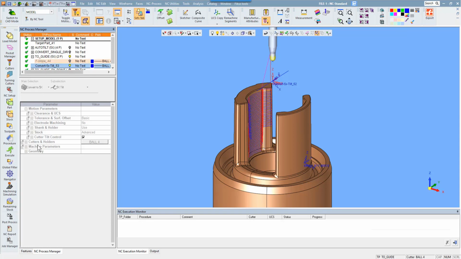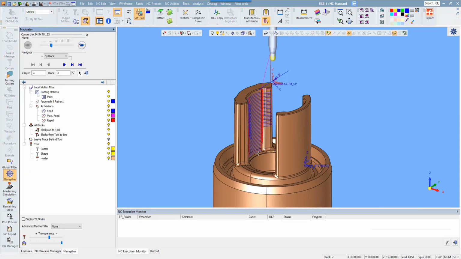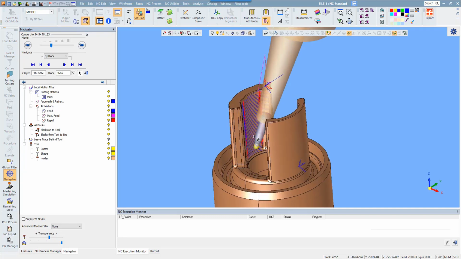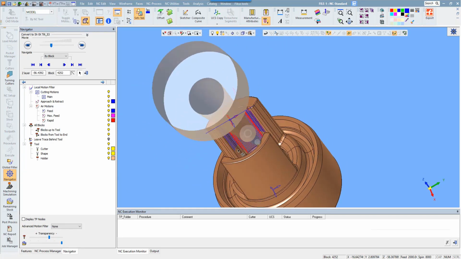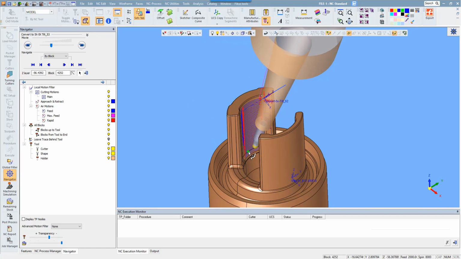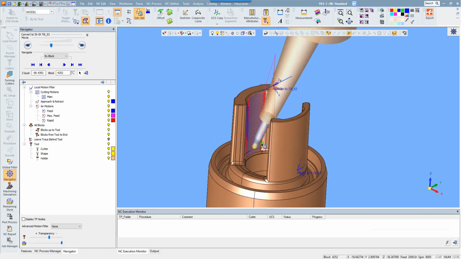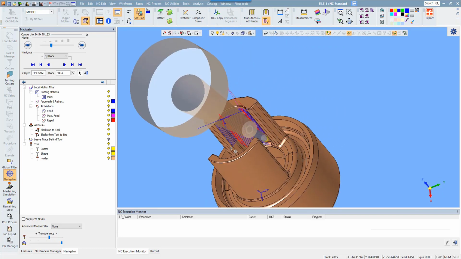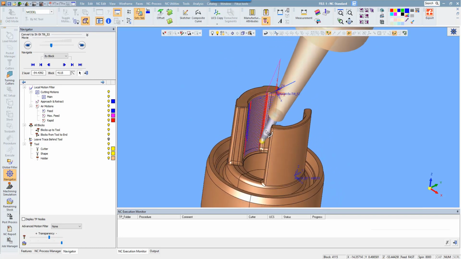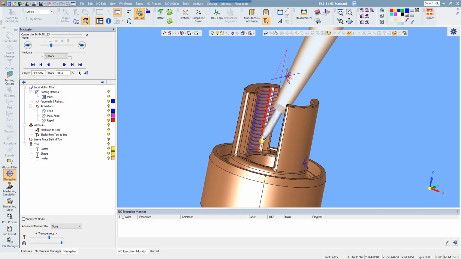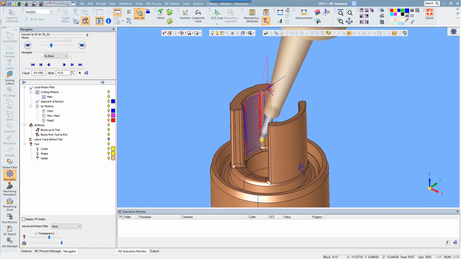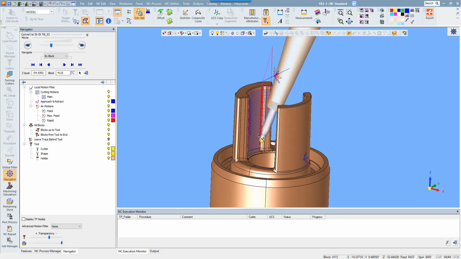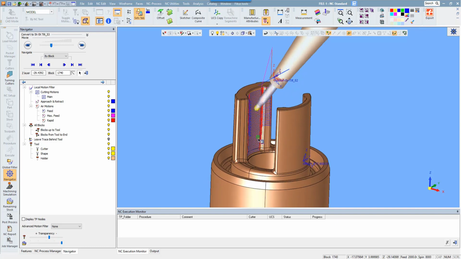Now, when we get this tool in here, we can see it squeezed down in there. But what's happening is when it gets closer to the edges, my shank is getting close. So again, this is protecting me when I get into these areas. So my guide curve in this case maybe isn't the best option, but what it's doing, if we watch this,